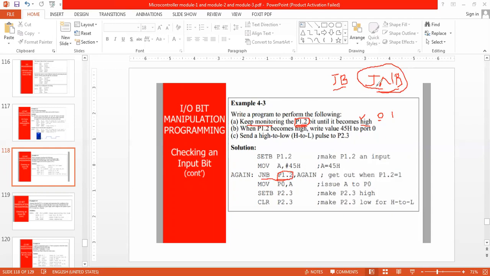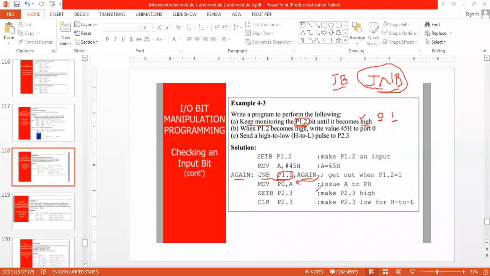If it is 0, I have to look at it again. Jump if no bit. I am jumping to the same instruction again, until it is 1. When it becomes 1, I will come out from this to the next instruction.